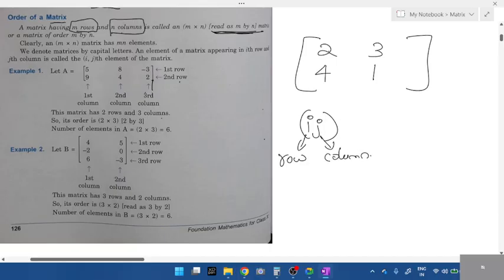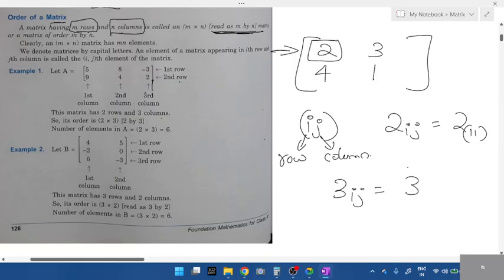Now, tell me where is 2? 2 is in which row? All of you respond. Isn't it in the first row? Which column? First column. So for 2, i comma j, the answer is 1 comma 1. Remember this, i comma j. The concept is nothing but position of the element. Now we are studying position of the element. Order is completed.